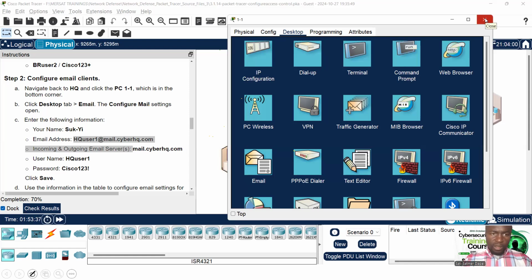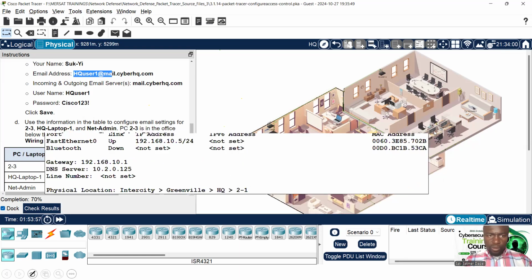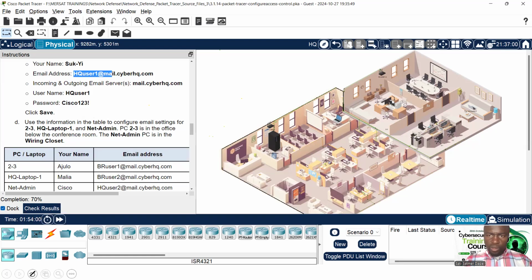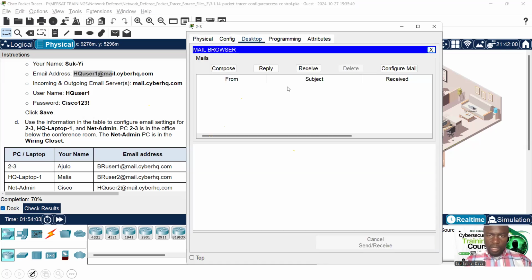Okay. So let me send it to... no, this is HQ user 1. So we sent it from HQ user 1 to BR user 1, which is 2.3. So this is 2.1, 2.2, 2.3. And here we're supposed to receive,